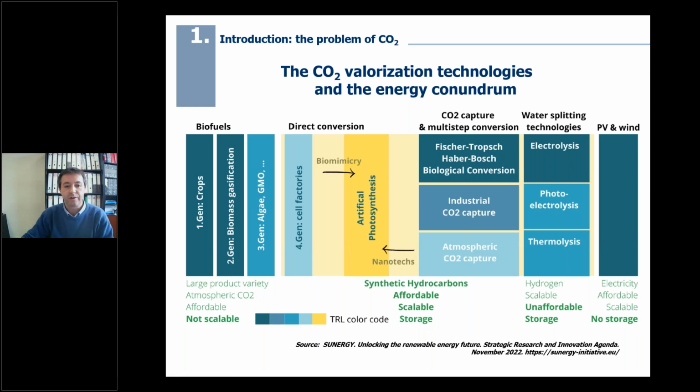First and second generation biofuels based on biomass are affordable, but they are not scalable to meet the global demand for fuels, due to their low conversion efficiency and consequently a significant impact on land use. In this way, a very interesting approach is to develop technologies that merge these two concepts in the middle of the scheme, here with yellow background, strategies that we could call artificial photosynthesis, technologies that, mimicking nature, directly convert CO2